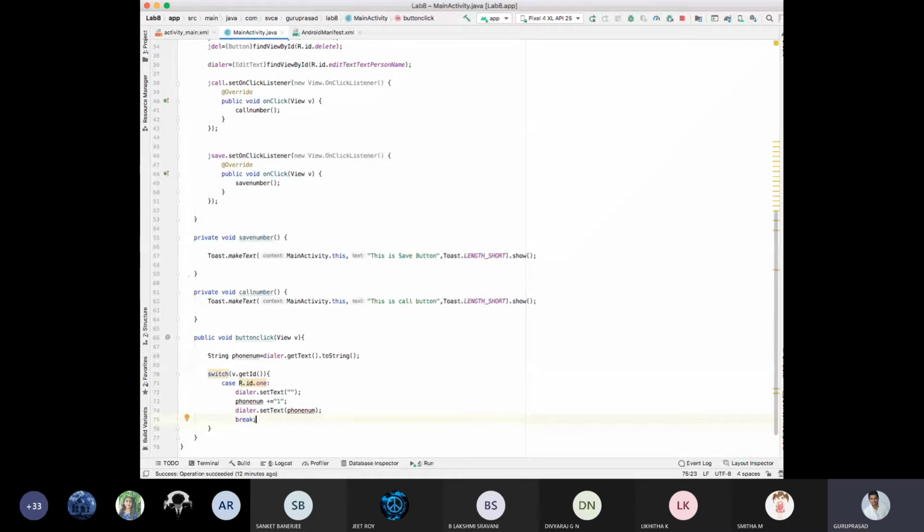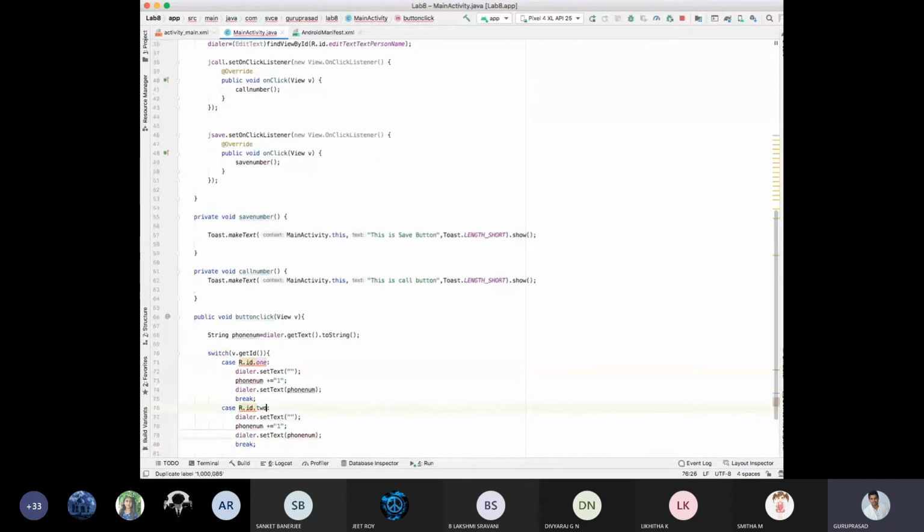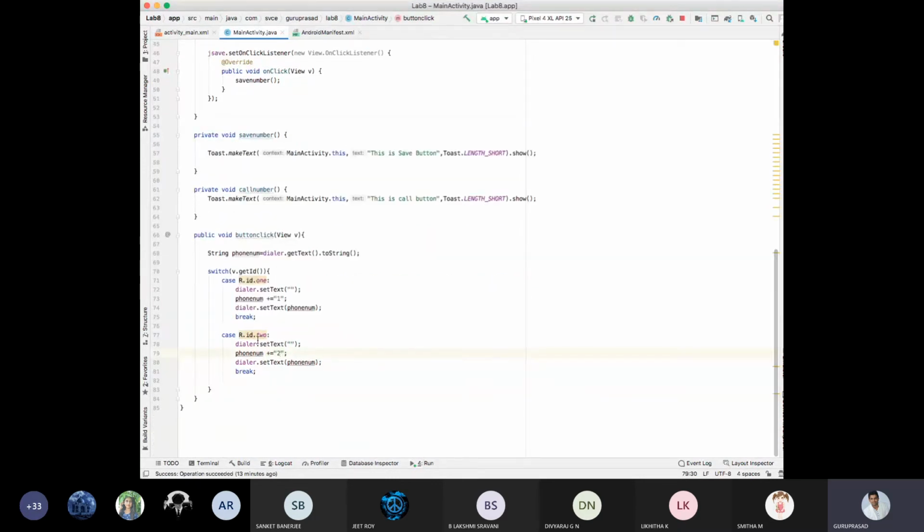Understood my case? Next, similarly, case 2. What is my case 2? Case 2, it should go as case, phone number as 2, correct. Next, case 3, that is my id 3, button 3. If I press button 3, it should set the text as 3.